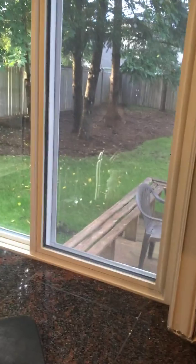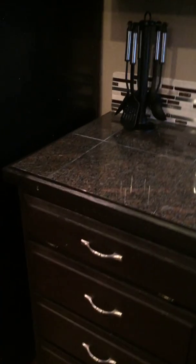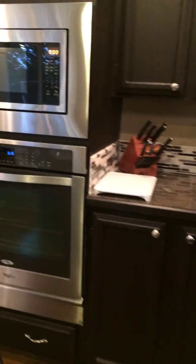Big old windows here actually come right down to the counter, which is kind of neat. Nice sink. Garbage disposal there. Nicely done backsplash. You have a lot of drawer space and cabinet space. There probably could be some paint touch up and cleaning on the cabinets, but that's just the nature of having darker cabinets. You know, it's gonna just show things a little bit more when it's dirty, but